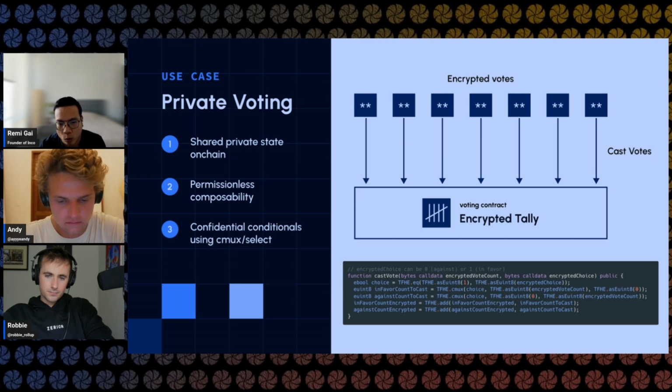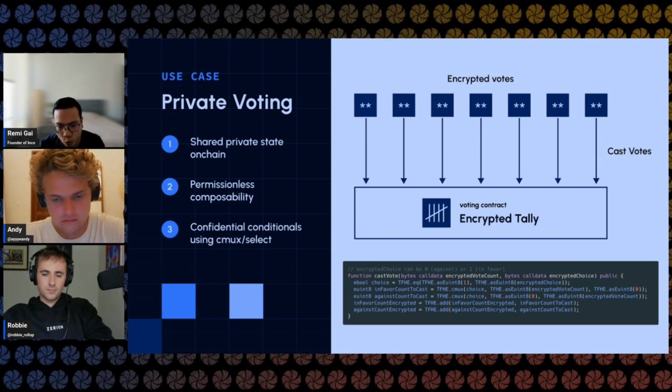One thing that people need to understand when building using FHE is how to design around conditionals. There are no if-else statements in FHE, because the if-else statements that you have in regular code leak information about the underlying value, right? Depending on the branch that you execute, you actually reveal what the underlying information is. So there is a clever way to do this over FHE using a multiplexer. Quickly, I can walk through an example.